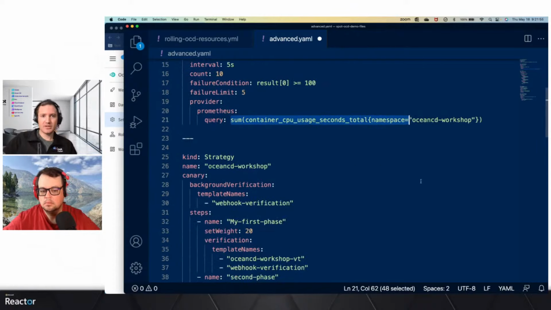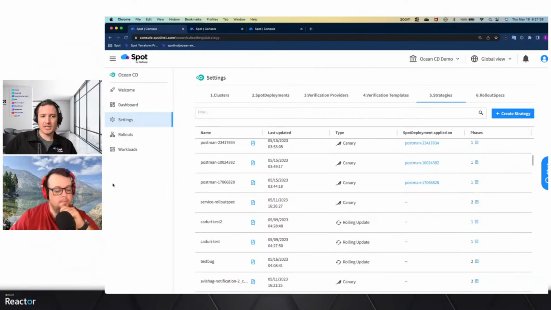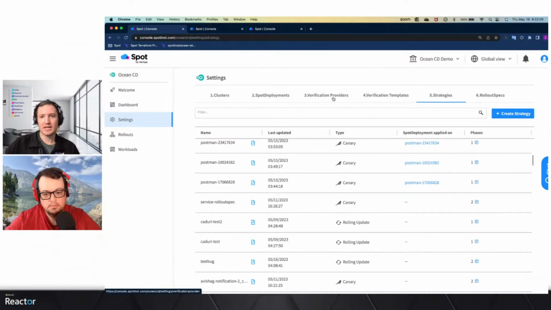So those are just a few of the different entities. And again, I wanted to call out that everything can be created and maintained through our CLI and our API or the UI. The neat thing about these entities is they're all reusable, which will save your team a lot of time in the end.